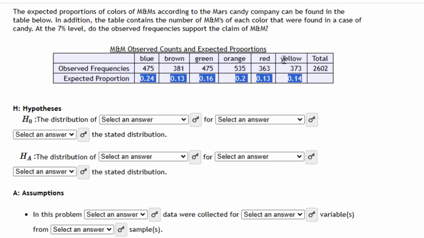Now, that's one version of a chi-square test where we're looking for the proportions of all of our samples to match some other kind of distribution of proportions. The other version is we're looking for the proportions of all of our samples to be equal. So instead of saying, oh, there's 24 in this one, 13 in this one, 16 in that one, and so on and so forth, we would just take 100%, divide it by 6. So 100 divided by 6, and we would basically be looking for 16.67% in all of them,